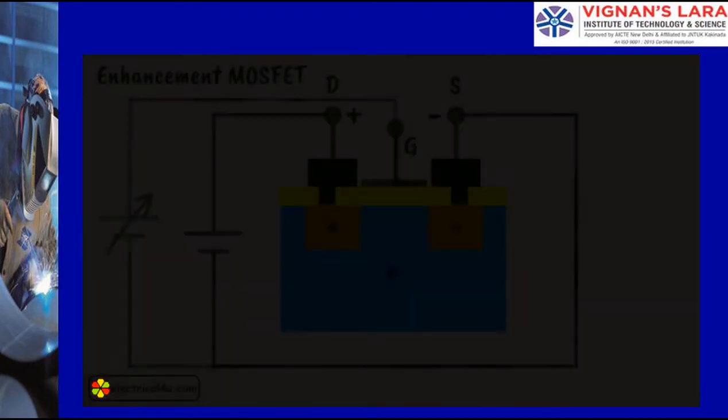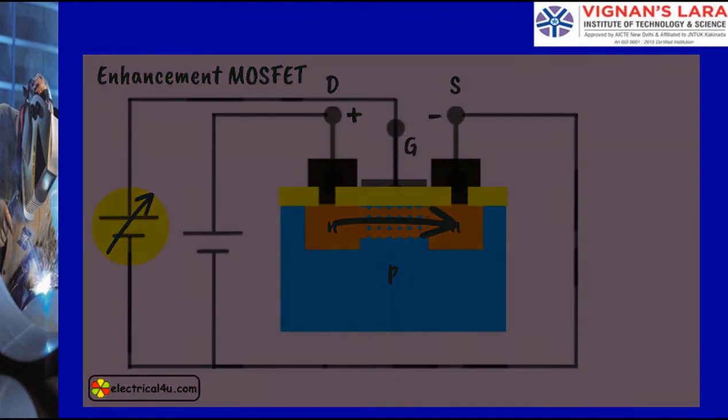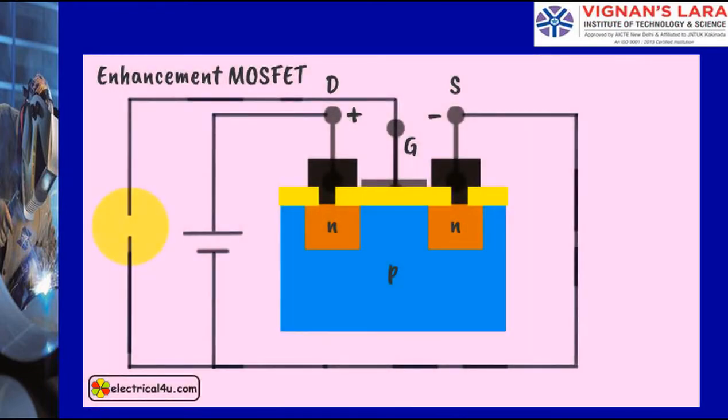But when positive voltage is applied at the gate terminal, minority carriers in the P-type substrate are concentrated between drain and source and make a conducting channel. Hence, current starts flowing from drain to source. The conductivity of the channel depends on the amount of positive voltage applied at the gate terminal. At zero gate voltage, there will be no current from drain to source, except a negligible amount of constant saturation current